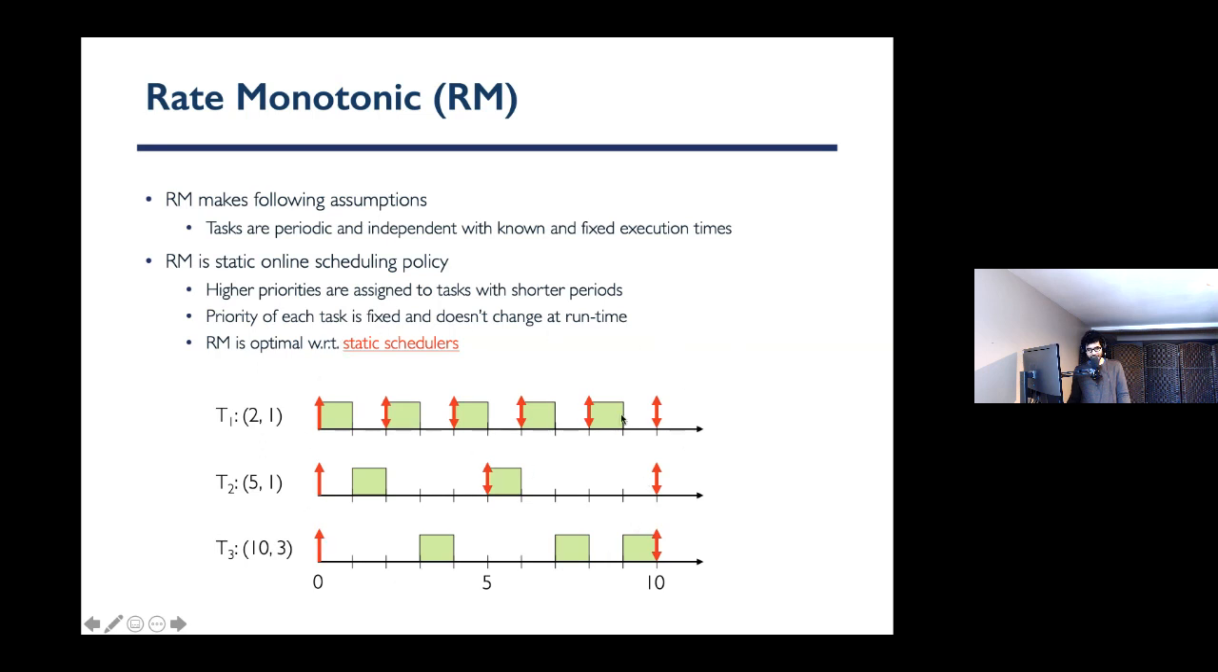So what you can see here is we were able to produce a feasible schedule for task 1, task 2, task 3 from time 0 to 10. Now, are we done? Yes, we are sort of done. Why? Because 10 is the